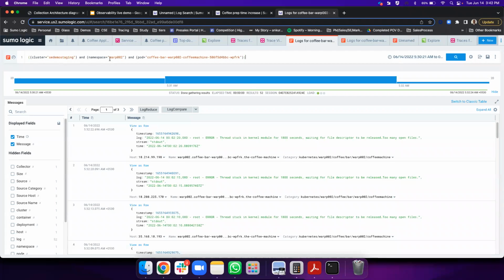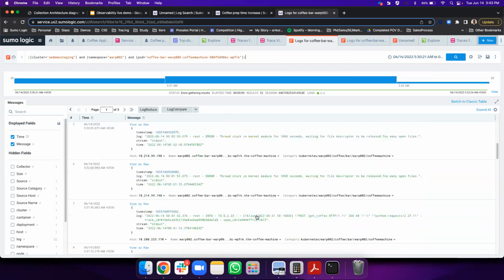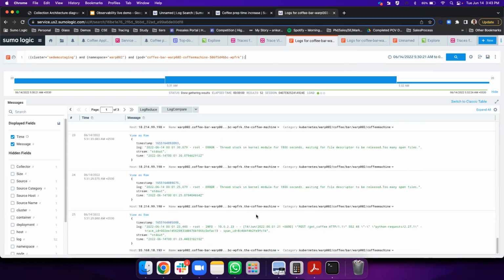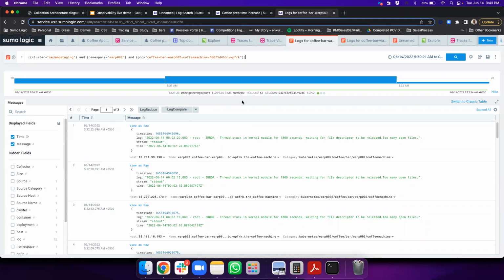It shows a cluster, a namespace, a pod, and it also autofills the timeline, which is used for troubleshooting. And here I can see all my logs are aggregated together. I can see around 52 log entries over here. I can go through all of these logs to understand, but I can also do another easier thing, which is